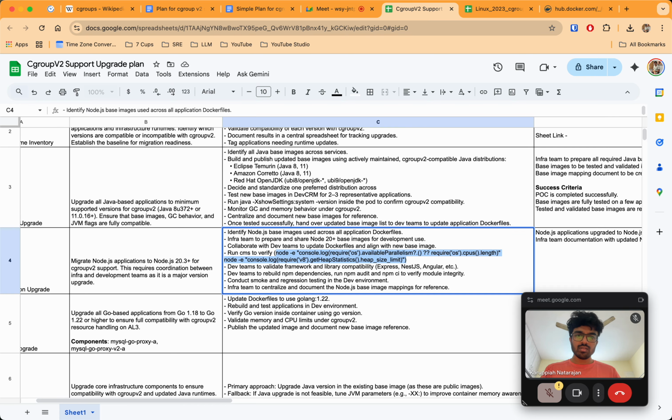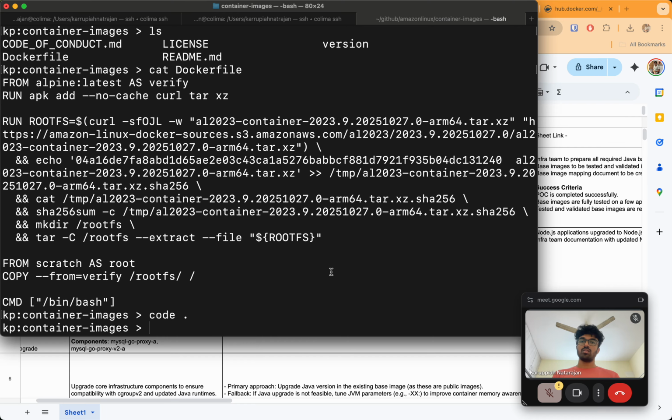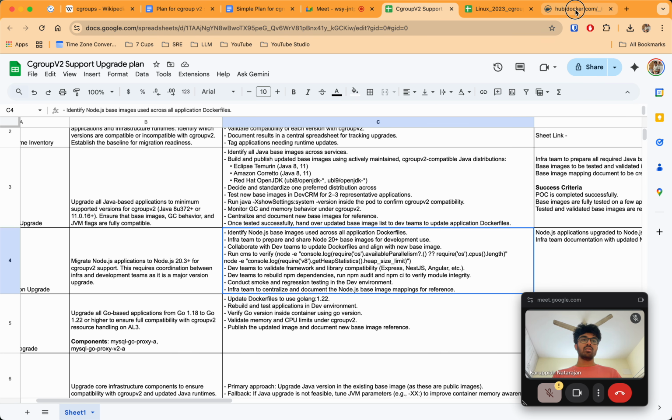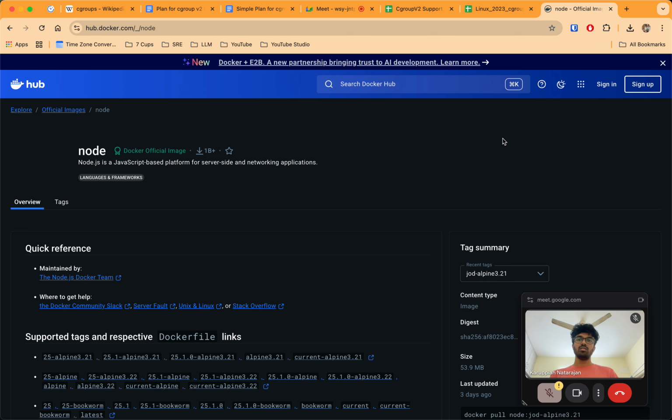Okay, let's see if that works. There's nothing for Node.js. Is there Node?